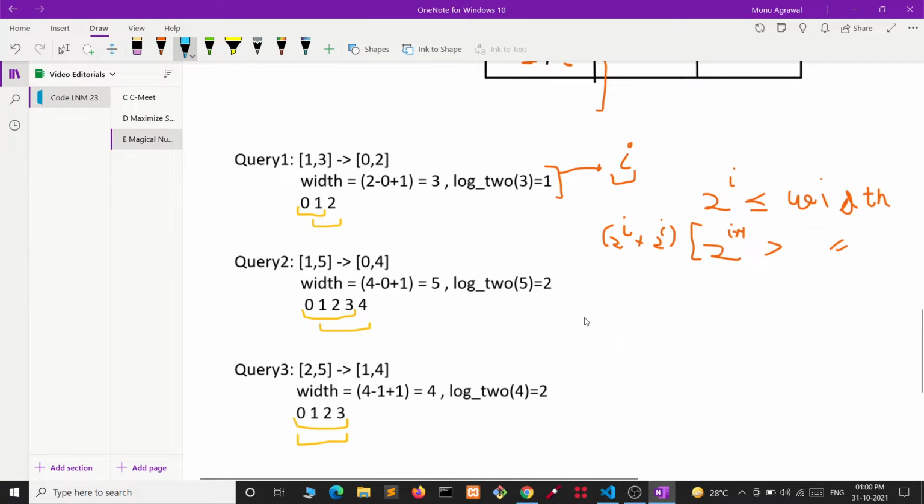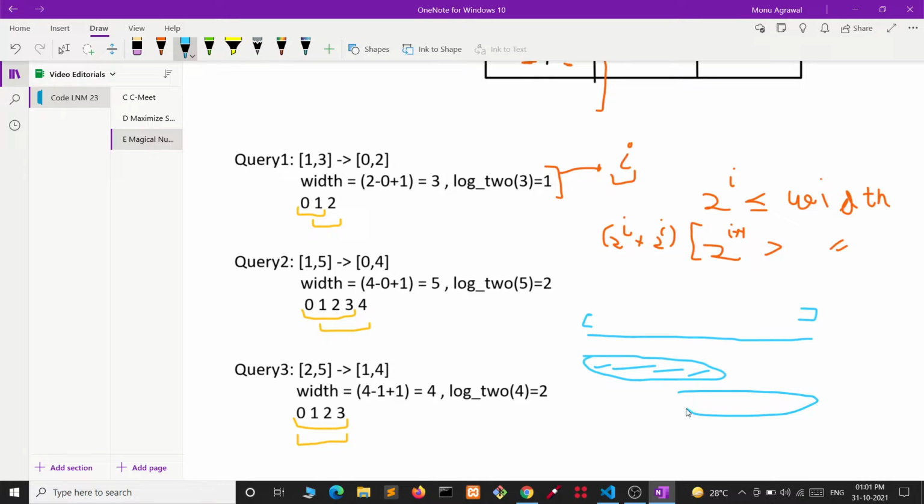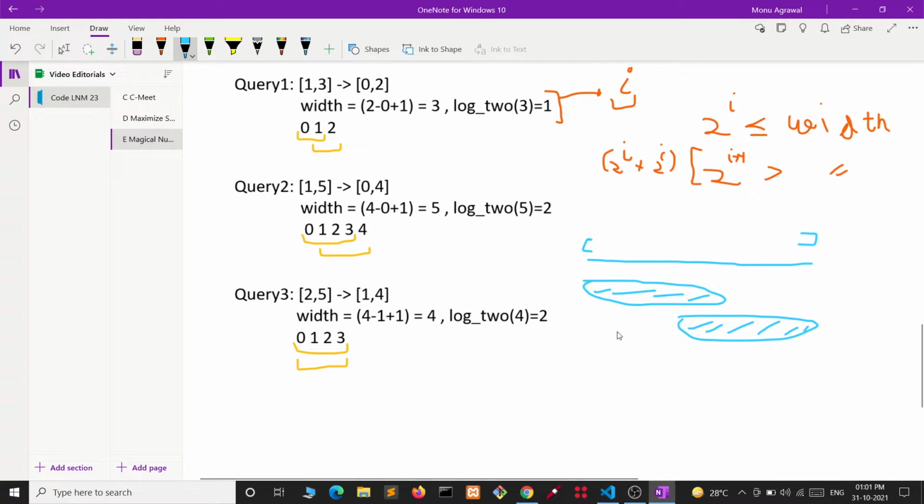Now there is one more observation. Let's say this is the range for which we need to find our answer. If we know the answer for this part, and we also know the answer for this part, and this is a max range query, then the answer for this whole range will be the max of this answer and this answer.